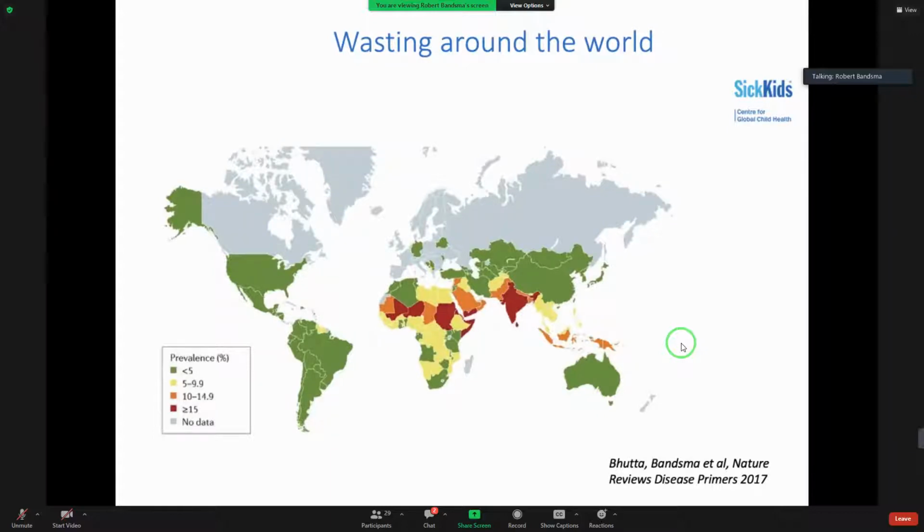But also in Central America, South America, the prevalence of wasting is quite low. Similarly with China. But what you can also see on the other hand is that the burden of wasting really lies in Sub-Saharan Africa and Southeast Asia, mainly India, which you can see is colored in the red, or in some certain areas, more than 50% of the children are wasted.